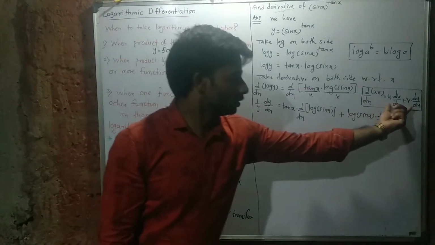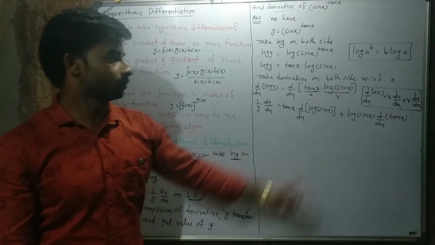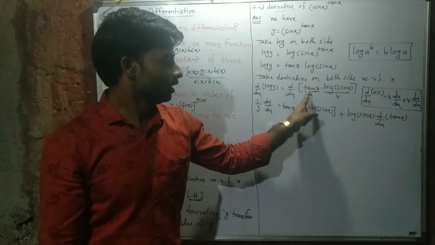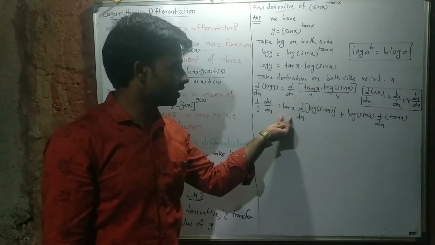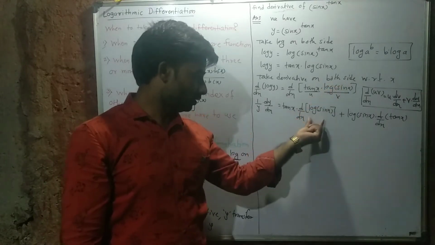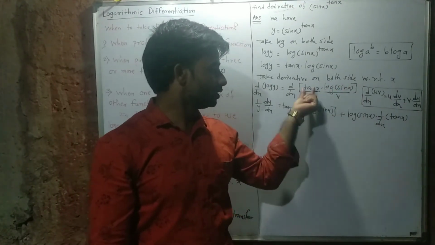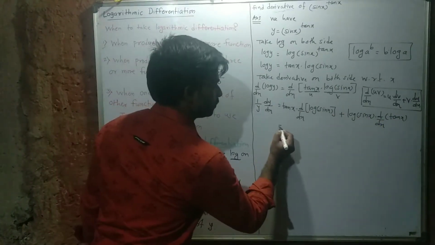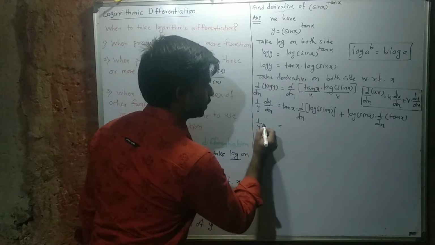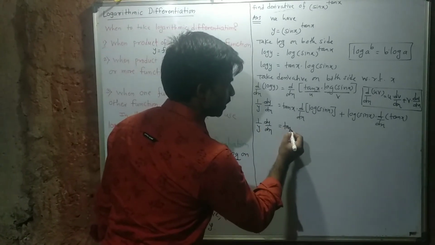Now by using this multiplication rule, or chain rule, for two functions, the first function is tan x and the second function is log sin x. Therefore, the first function is put as it is and the derivative of the second function is taken, and the second function is taken as it is and the derivative of the first function is taken. According to that, we have 1 divided by y into dy by dx, tan x as it is,